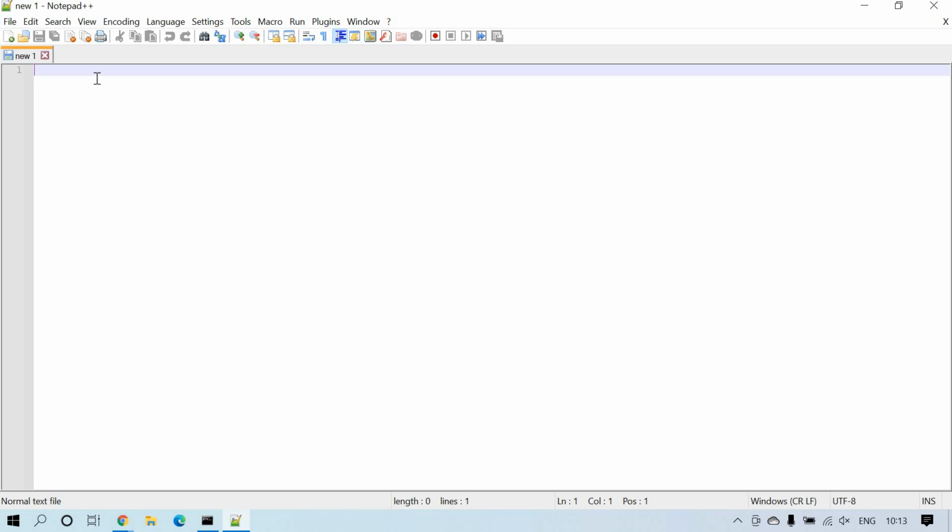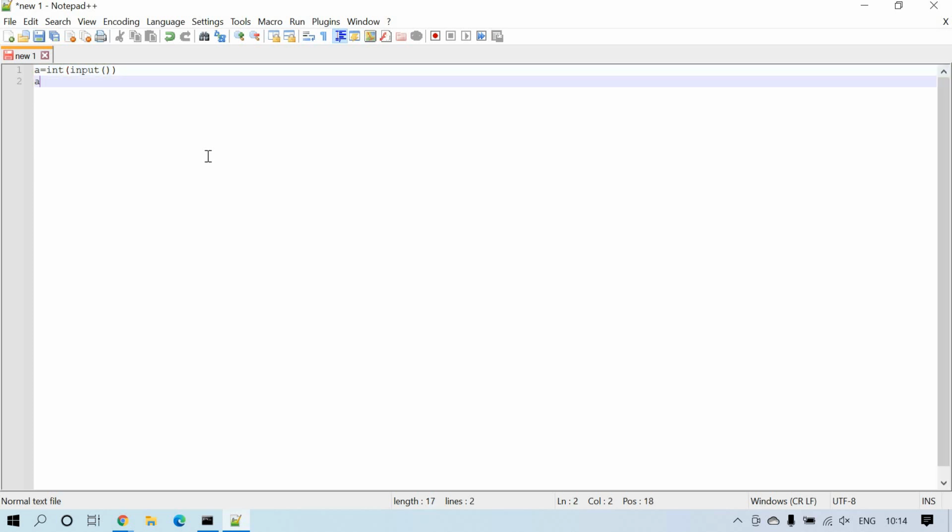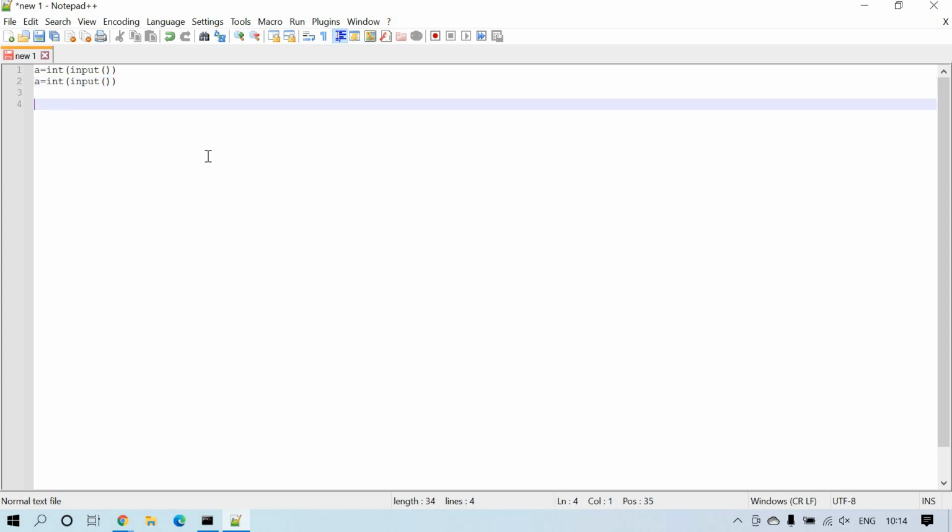Right, write a Python program. I'm just adding 2 numbers. Let's take 2 inputs, int. Otherwise, I write the same program which I copied there. A equal to int of input. I'm taking the first input, and B equal to int of input. I'm taking the second input,